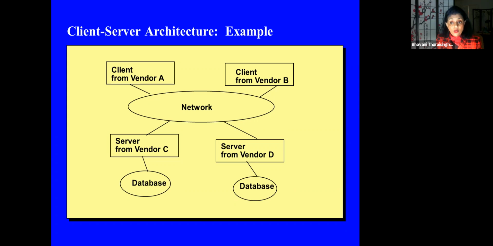But then later on, by 95, 96, we had technologies like JDBC, Java Database Connectivity. We had ODBC, and I think ODBC was a Microsoft product at the time, right? At that time, a standard. And so ODBC and JDBC are the standards that were developed to connect clients to various databases. Okay, so there was a lot of work in this area as well.